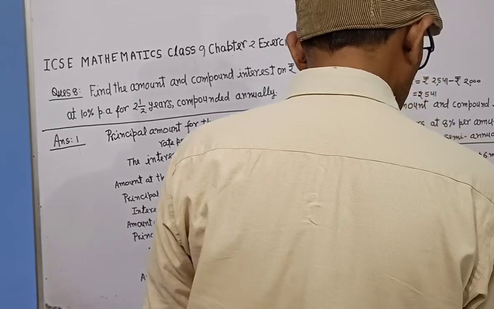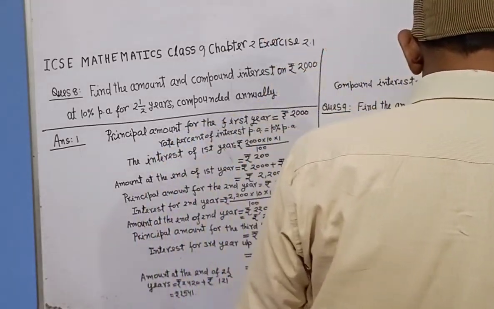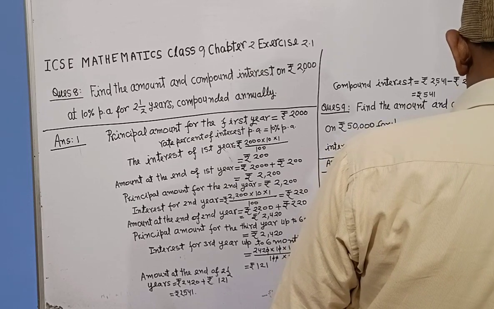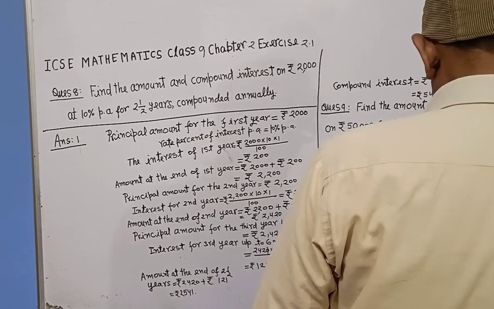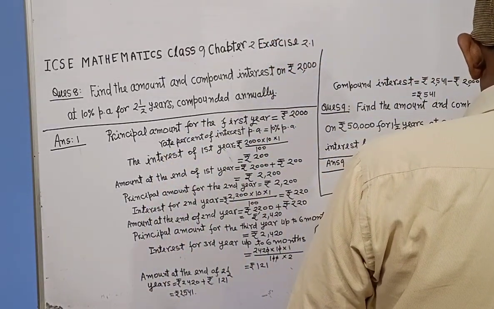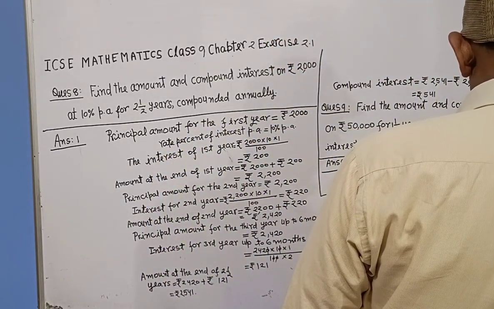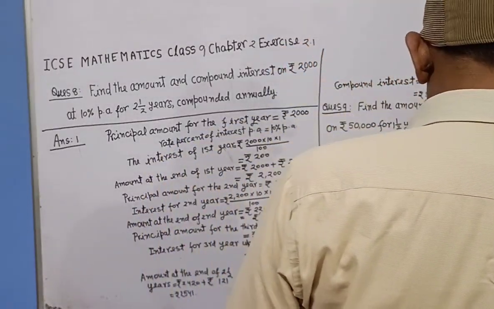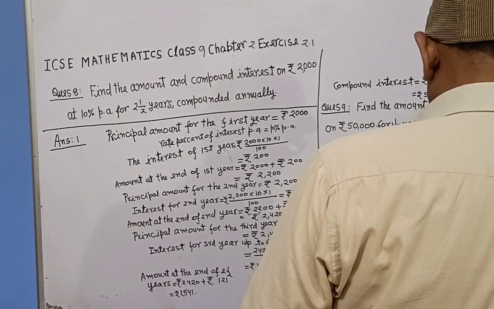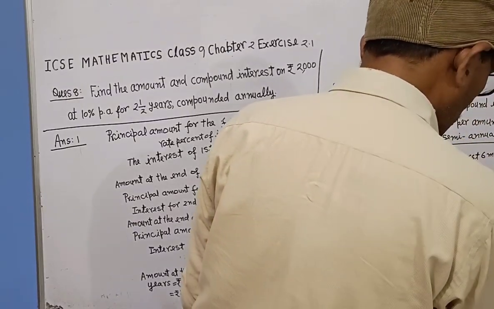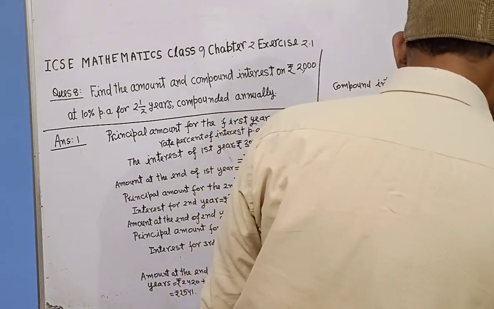Interest for the second 6 months equals rupees 52,000 × 4 × 1/100, which equals rupees 2080. Amount at the end of the second 6 months equals rupees 52,000 plus 2,080, which equals 54,080. Principal amount for the third 6 months equals rupees 54,080. Interest for the third 6 months equals rupees 54,080 × 4 × 1/100, which is equal to